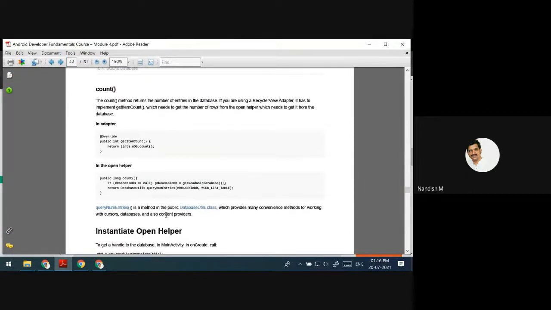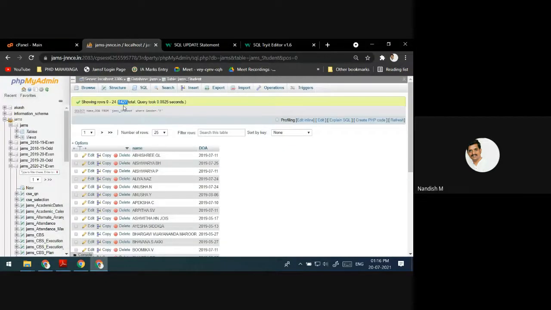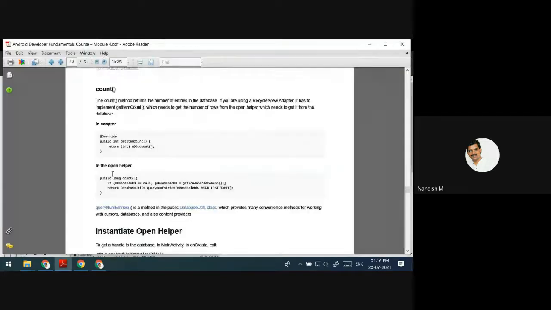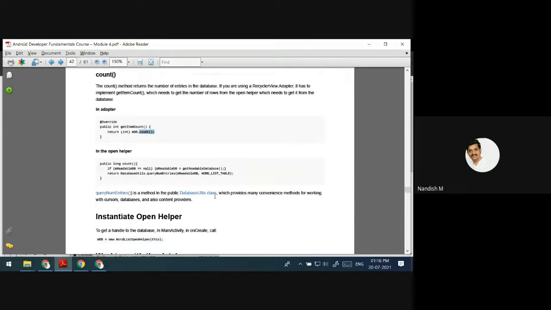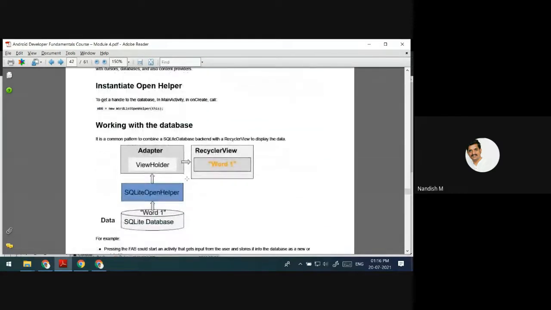Okay, if all the data you have done, you want just the count. See, in this database I have got the count here, 1427. Programmatically, if you want, there is a function called count that will return you an integer variable, then you can print it, dot count. Okay, overall you can understand with this figure.